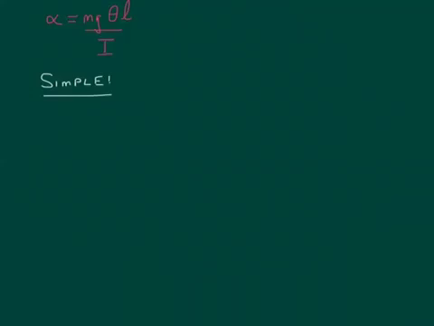For a point mass at the end of a string, a simple pendulum, the moment of inertia is just ml squared, where m is the mass of the pendulum bob. So if we substitute that into our angular acceleration equation, we're going to get that alpha is equal to mg theta L over m L squared. Simplify, and we get that alpha is equal to g times theta